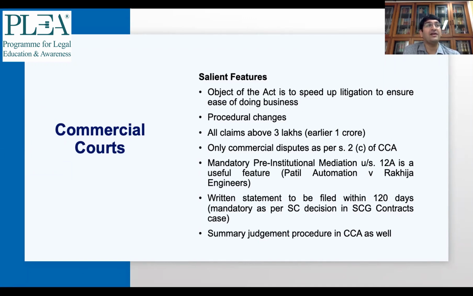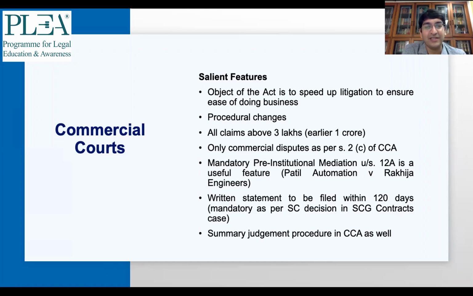So his stand in a way will not be taken into account. So even if he's disputing something, it will be very difficult for him later on to prove that, no, this is a disputed matter and all that. So these are three very important things which we should keep in mind: the mediation aspect and the 120 days aspect. And one last important point when it comes to commercial courts is that there is also